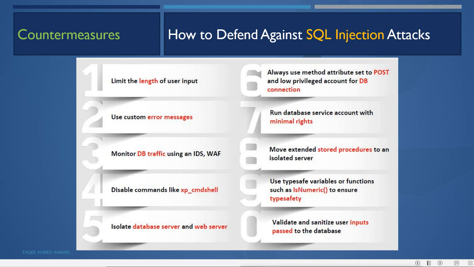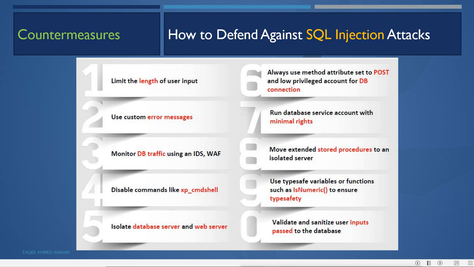Then use custom error messages. Instead of default error messages, use custom error messages, because default error messages reveal information about the query. When an attacker does an SQL injection attack, the information the attacker gets comes from the error messages.